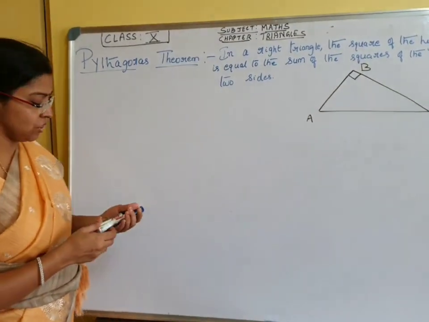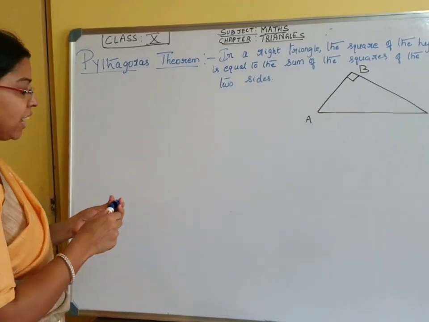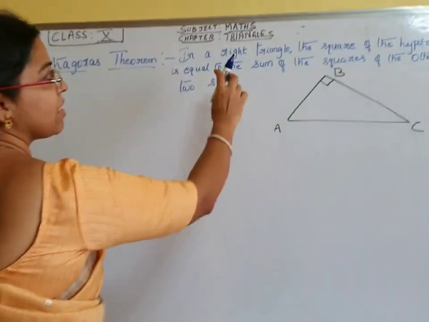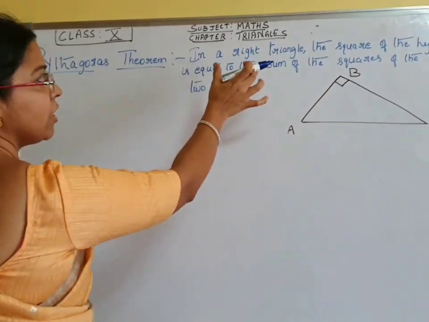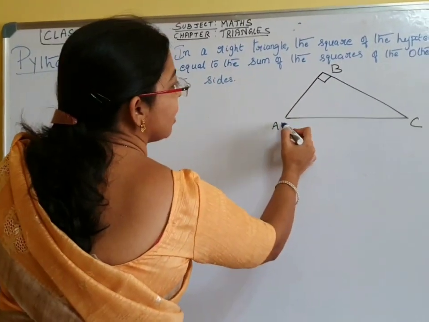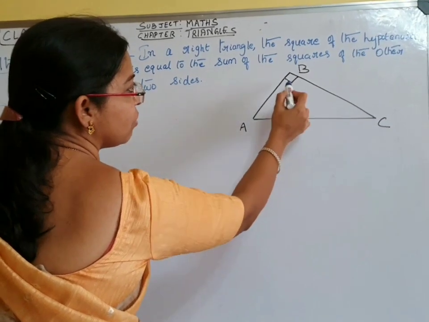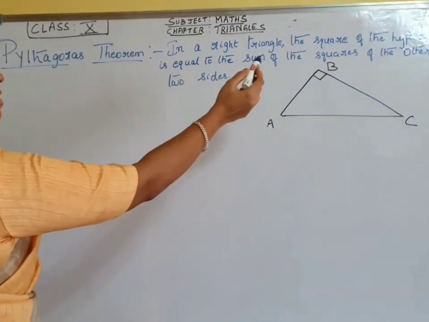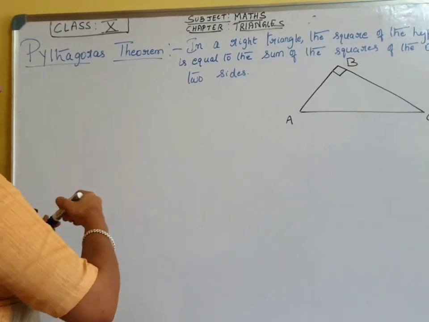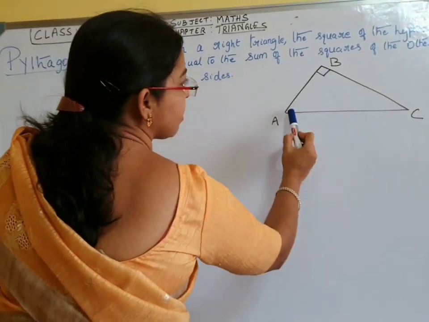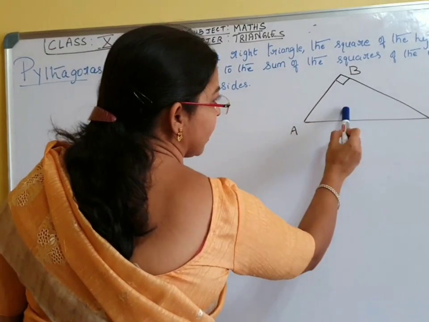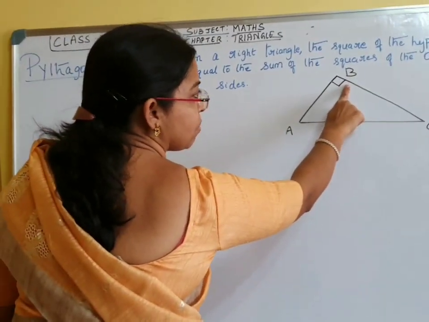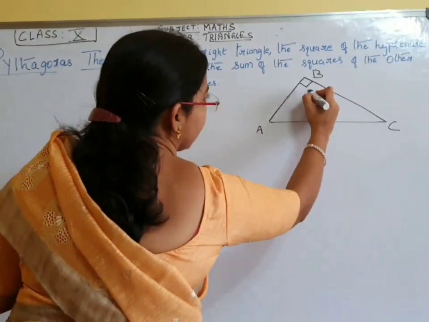In a right triangle, a right triangle is nothing but a triangle in which one of the angles is 90 degrees. So we say right angled triangle, in short, right triangle. In this, ABC is a right triangle in which angle B is 90 degrees. What we need to prove is the square of the hypotenuse. What do you mean by hypotenuse? The side which is opposite to 90 degrees. This symbol is nothing but the perpendicular symbol, which says it is 90 degrees.